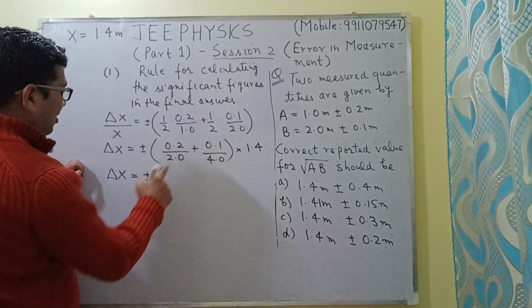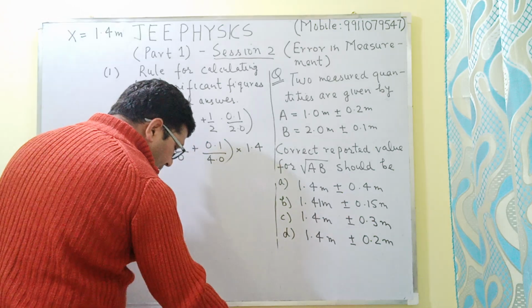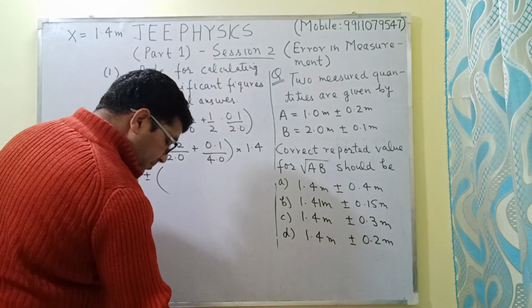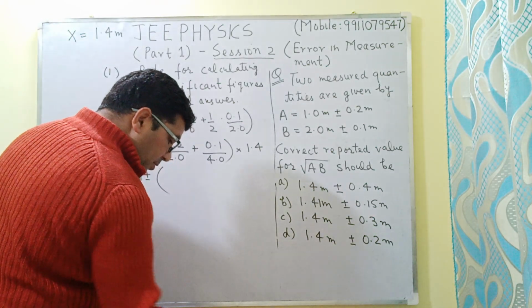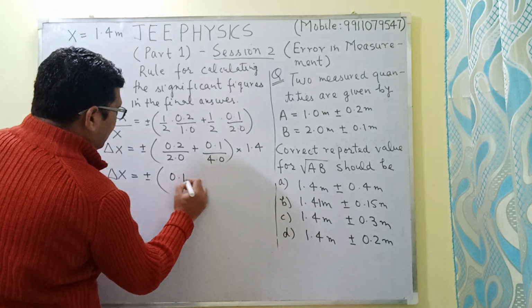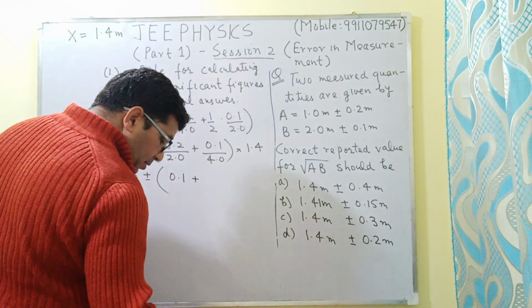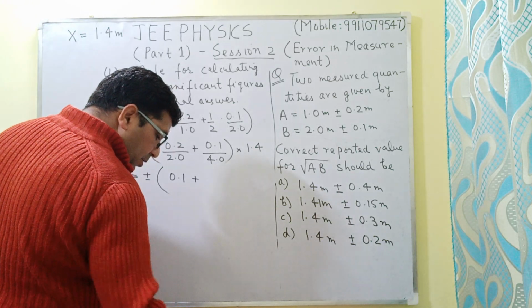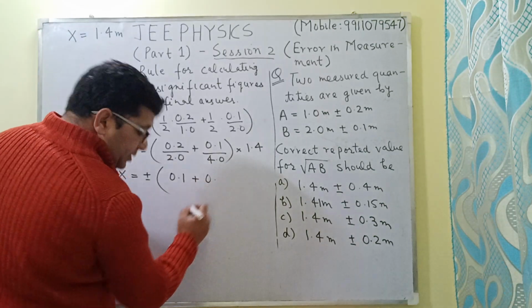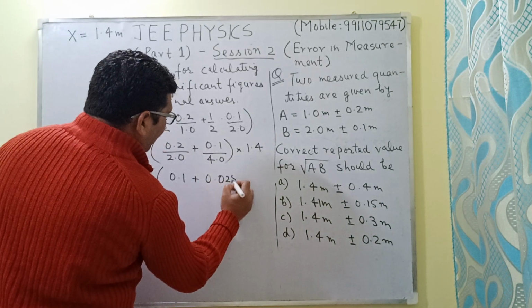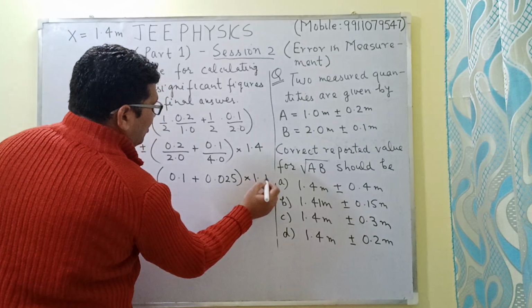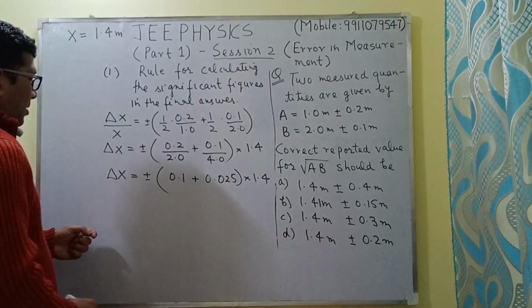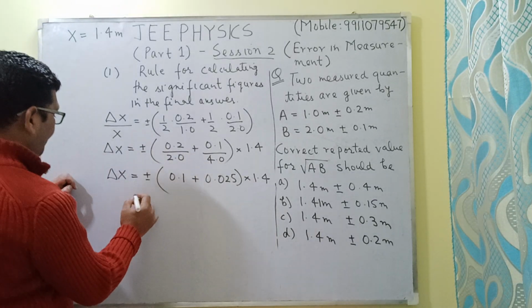So now here I will be getting the values as 0.1 plus 0.025 into 1.4. And now here, see,